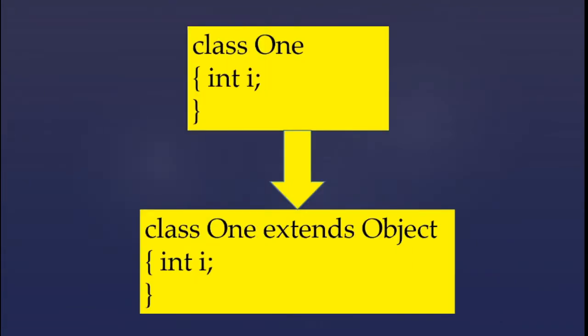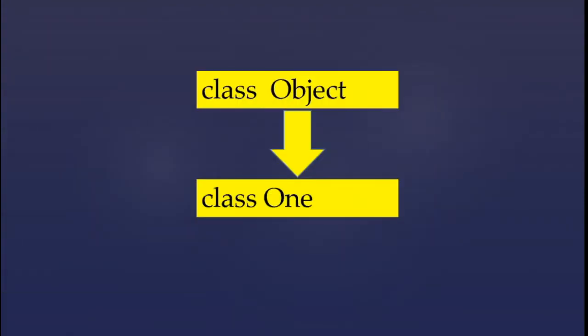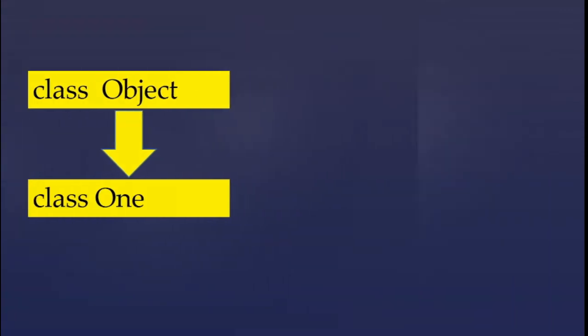Here we have one diagram. Suppose we have created a class Class1, and if we compile that, even though we have not put the extends, the extends Object will be put in by Java, and finally your class will be extended from the Object class. This Object is basically one of the classes of Java, the topmost class of Java. So indirectly we can say that Class1 has been inherited from the class Object.